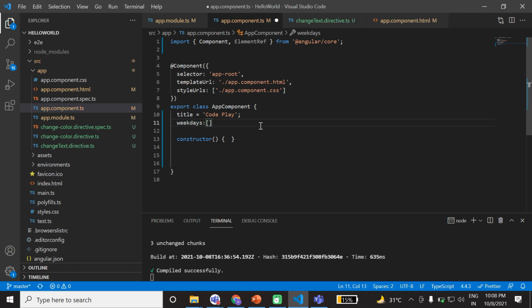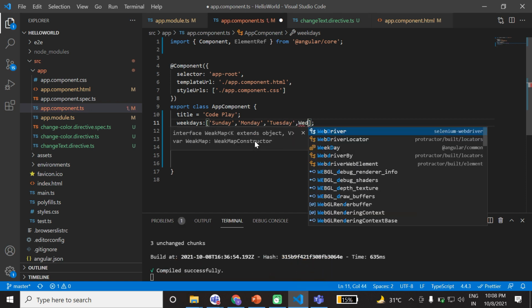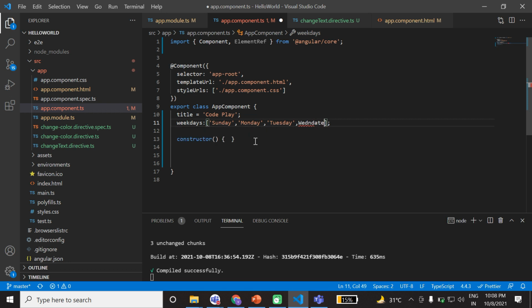Here I have an array, and define inside the array Sunday, Monday, Tuesday, Wednesday.